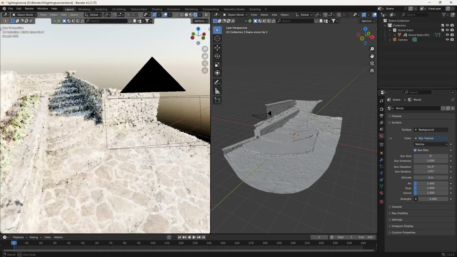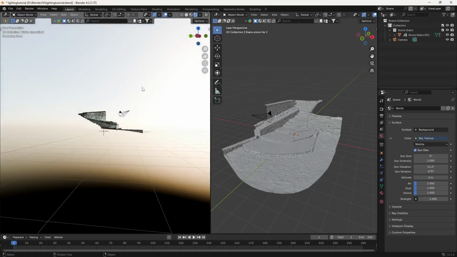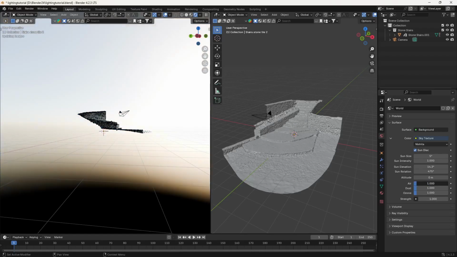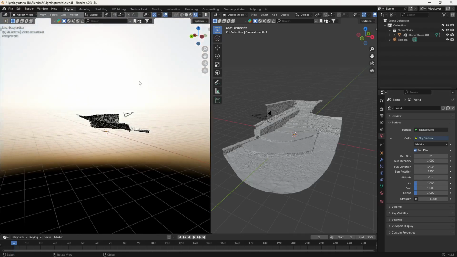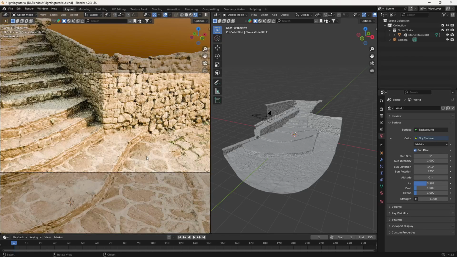So if I go to my perspective view again, now you can see we are having our sun somewhere over here. Now if you find that, okay, I want to clear the air here, I don't want some air, or I want a clear atmosphere. So now you can see we are getting our sun here as well. If I just decrease my air here, you can do it as well. So let's just increase the air here, and now you can see we are getting a result like this. If I press the 0 key, you can see the result here as well, but let's just keep it at 1 here.